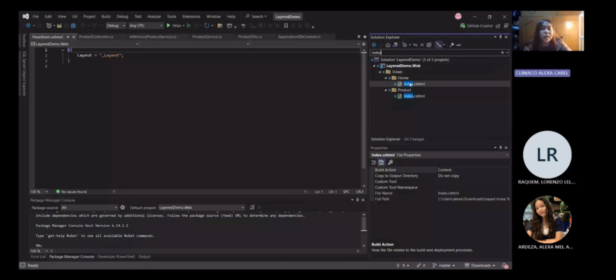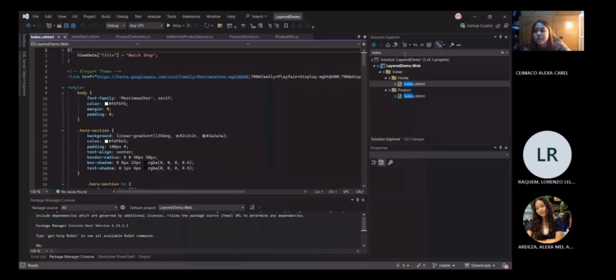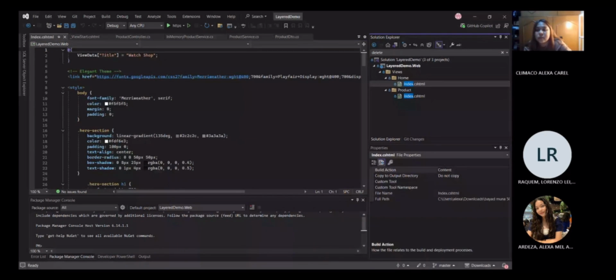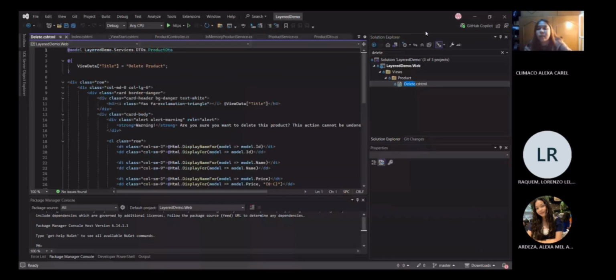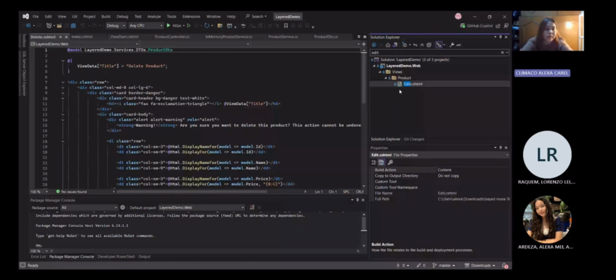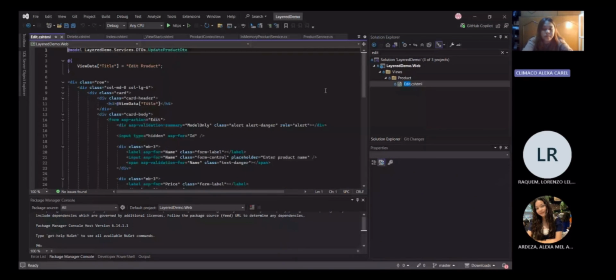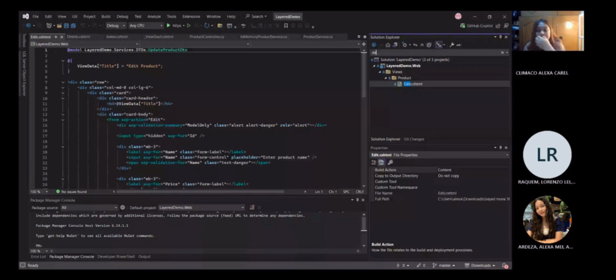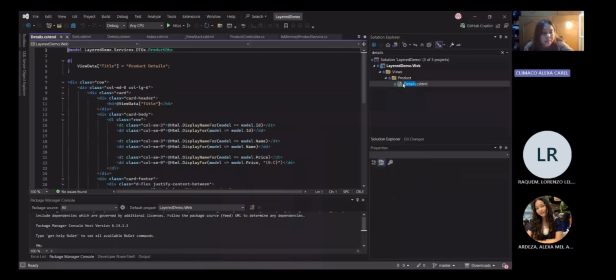So this is my index.cshtml. This is the delete.cshtml. This is the edit, and we also have the details.cshtml.